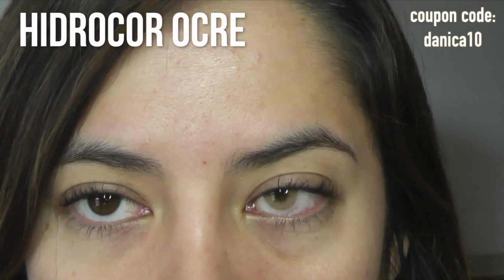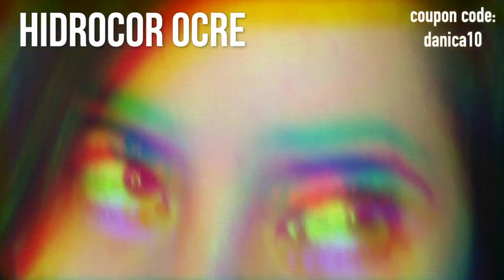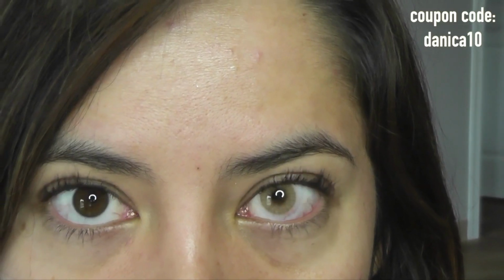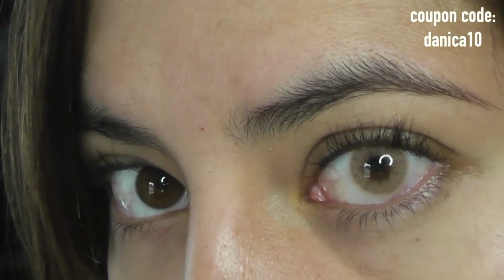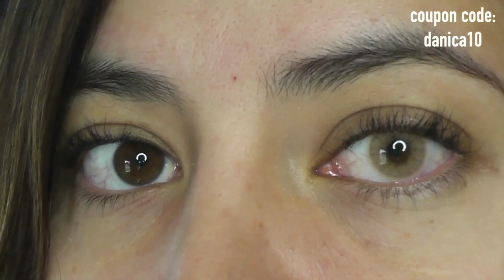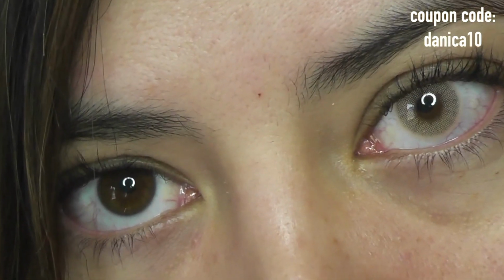This is very similar to the Avela, but the Ocre is a little bit brighter, a little bit more pigmented, and a little bit more warm toned. So if you have a warm skin tone, dark, tan, olive, or yellow, then these are really going to suit you really well. And if you have very dark brown eyes, I think you would be very happy with the Ocre. Again, same design as the Hidrocor, smooth color gradient, slight streaks to mimic a natural iris, blended pupil hole,